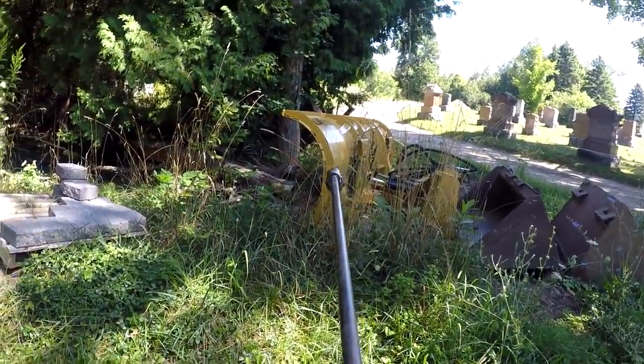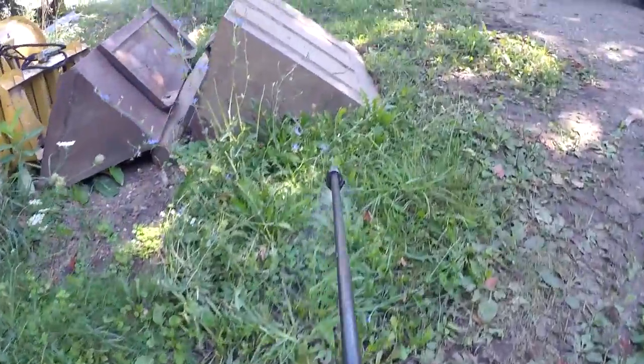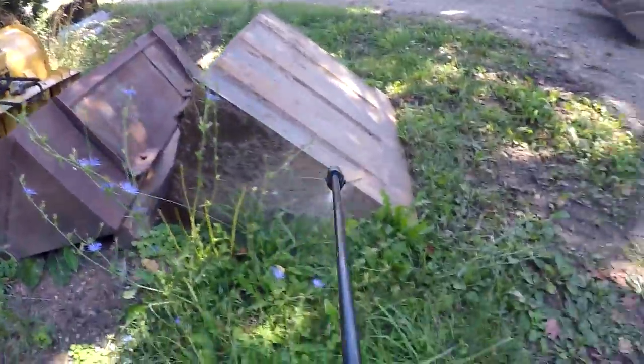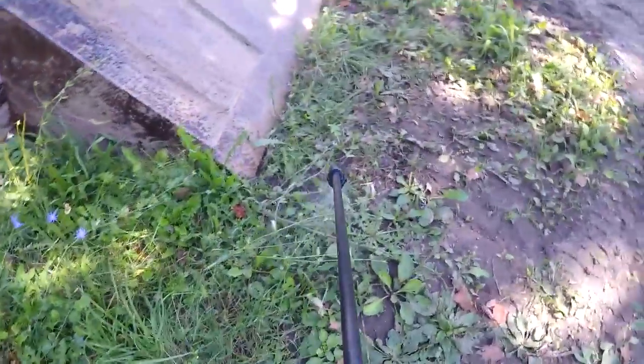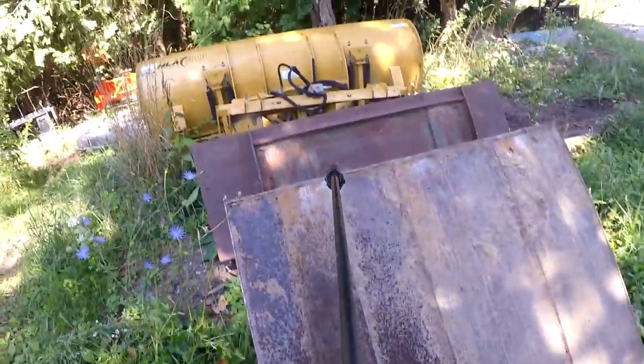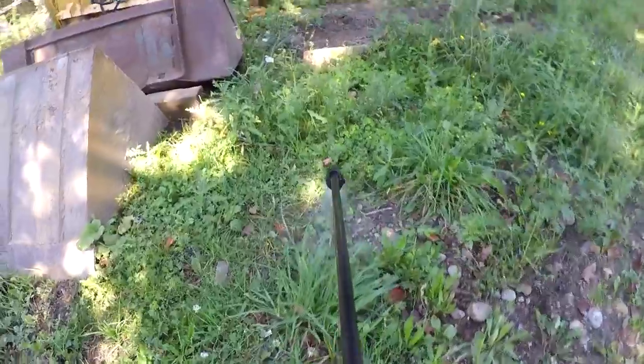And the good thing about this spray is it is kind of environmentally friendly-ish. Vinegar really won't hurt you to get on your skin. Salt really won't hurt you to get on your skin. I shouldn't have got that on my bucket hook, that'll make it rust. If we spray this on here, it'll rust that like you wouldn't believe. Won't rust through, it'll withstand that, but